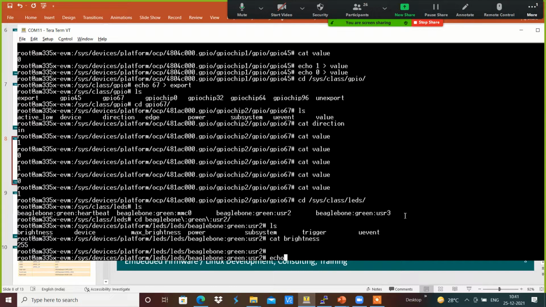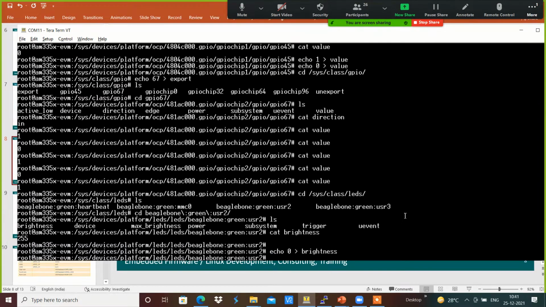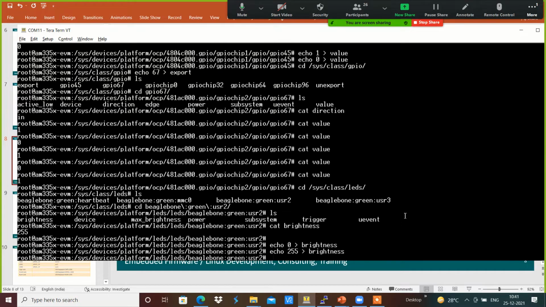I am going to echo 0 to brightness over here, which makes that particular LED go off, and maybe I am going to use 255 again. This makes the LED glow again accordingly, so we are able to adjust the brightness of the LED over here.